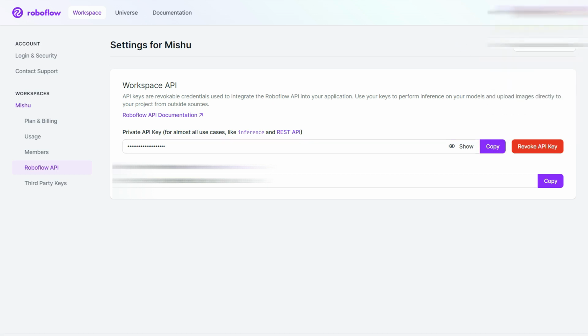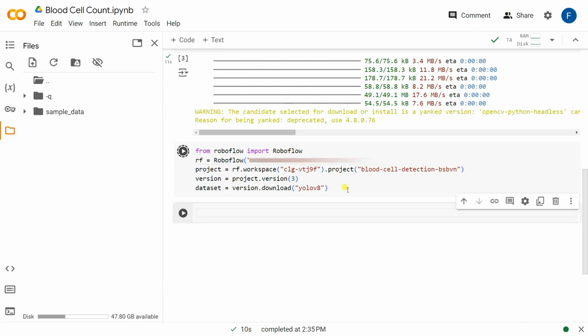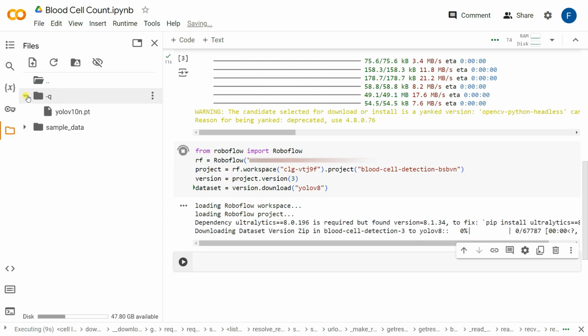Okay, fine. Now I am simply going to paste it here. That's my API key. I'm using Shift+Enter, and it will download this dataset from the Roboflow website in the YOLOv8 format, and it is storing this dataset in these sections. If I go inside these sections, you can see it has